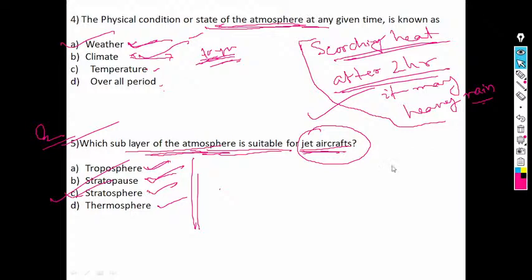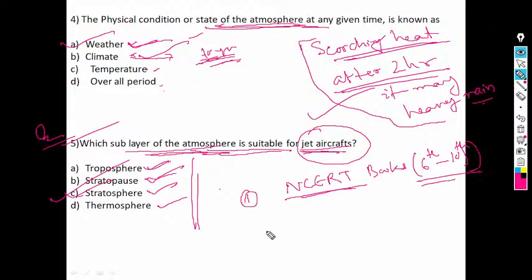I hope this class is useful to all. While studying, you have to make a thorough understanding of whatever you are studying. Read the basic books. Mostly in geography, the NCERT part is most helpful: NCERT books of class 6th to 10th are more useful. Number 1 is NCERT, number 2 is